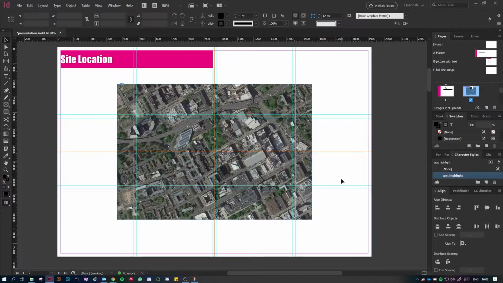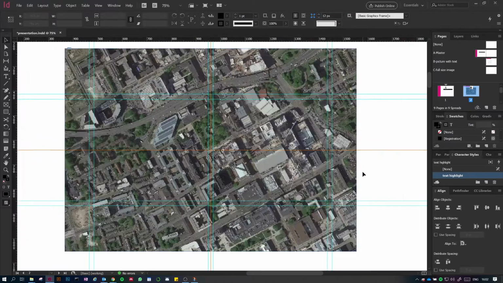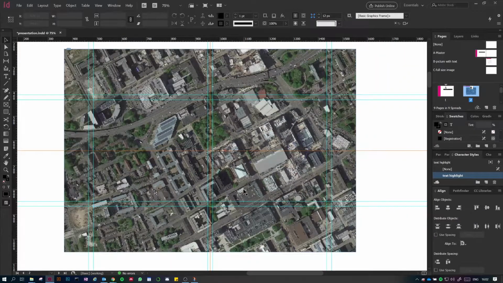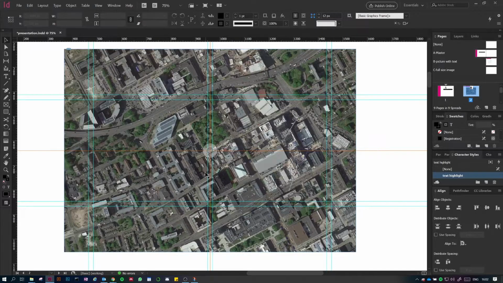So the next thing I want to do is draw where my site is. In this case my site is the Chatham building, the Chatham Tower, which is this one here. And as you can probably see, my display is a bit grainy, which is great for normal use, because it means it's just browsing stuff faster. However, sometimes if you want to do something more detailed, you can go under View, and you want to do Display Performance, and you just want to do High Quality Display, and you will see that this actually shows the image at the higher quality,